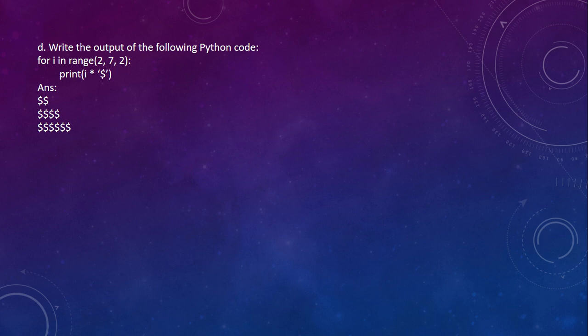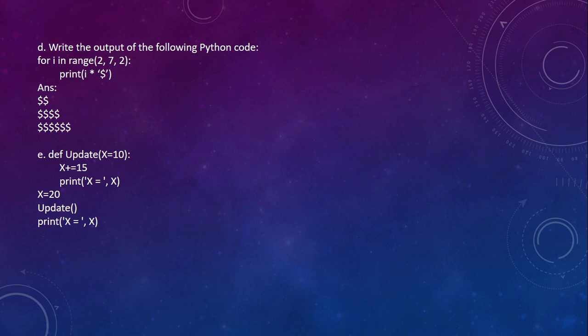Because the range function returned the values as 2, 4 and 6, because the starting value is given as 2, the last value is given at 7 and the skip factor is given as 2. So therefore the value will be 2, 4 and 6.